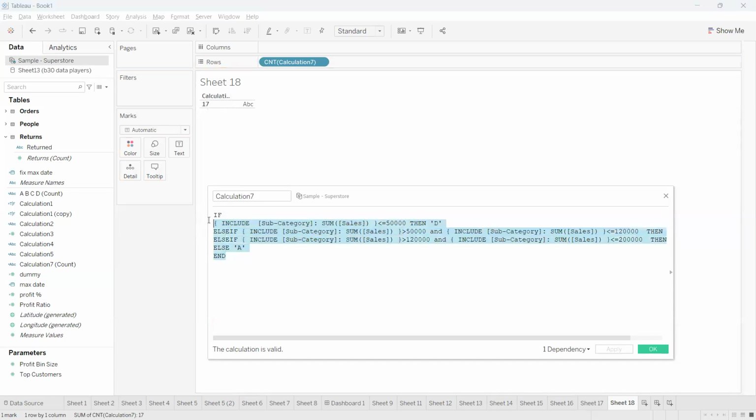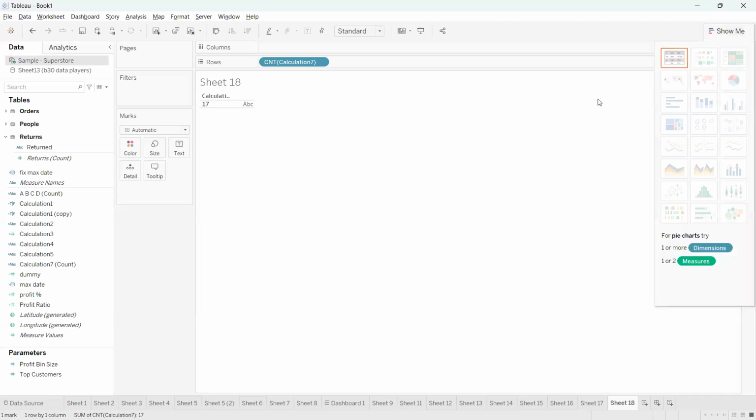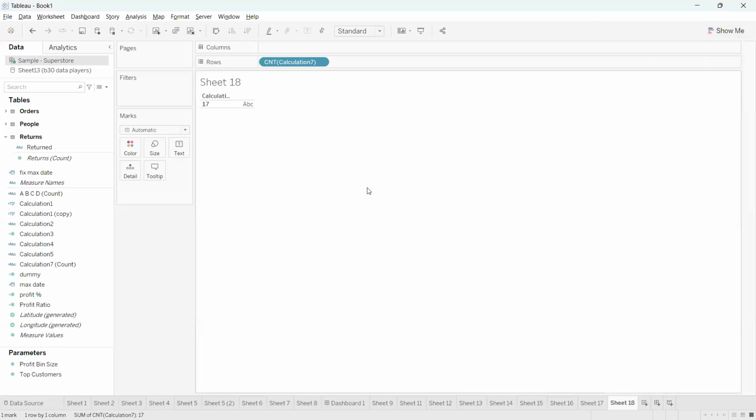Whatever we achieved with the help of fixed LOD, you cannot achieve the same thing with the help of include LOD. Why? Because whenever you drag this into the sheet, Tableau automatically does the summation for all these include LODs. Because of that, you won't get any correct answer if you use include LOD here for this scenario. And you won't be able to make the pie chart whenever you use the include LOD for this particular scenario. Okay, so hope you understand. Let me know if you have any